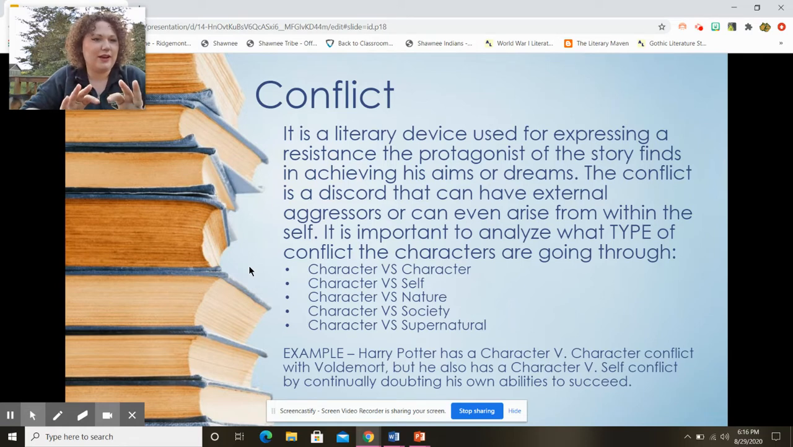We want to read those main characters, those protagonists, go through and achieve something, but if they just achieve it right off the bat, it's not interesting. They have to go through all these trials and tribulations. There's multiple types of conflict, though. So we're not just having conflict with other